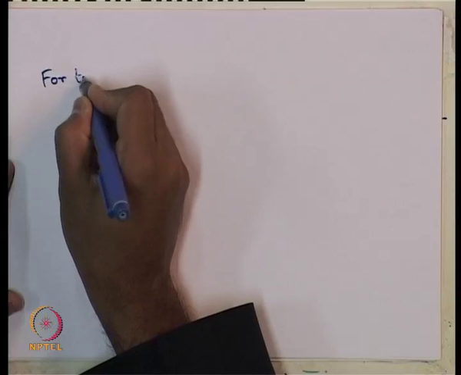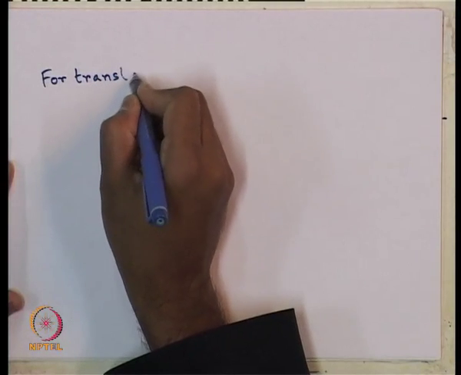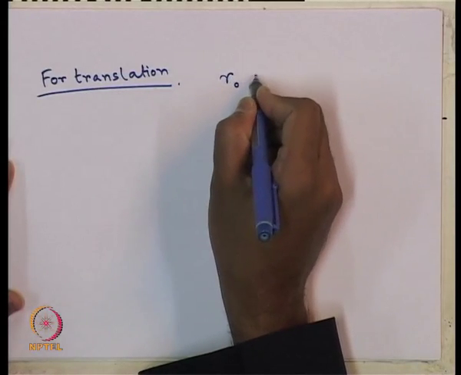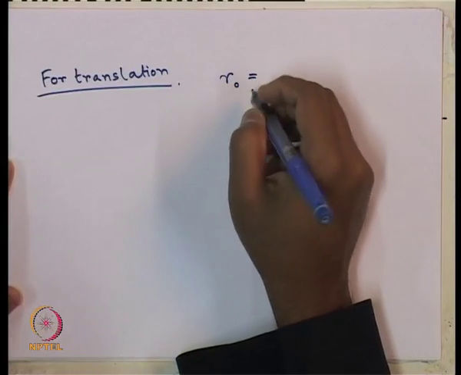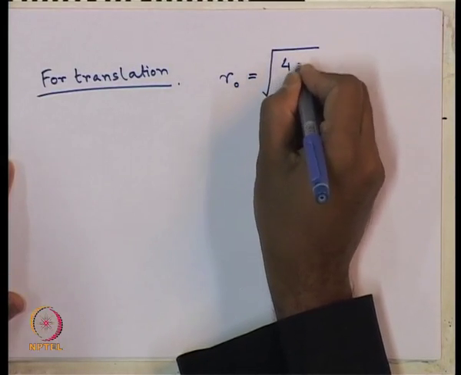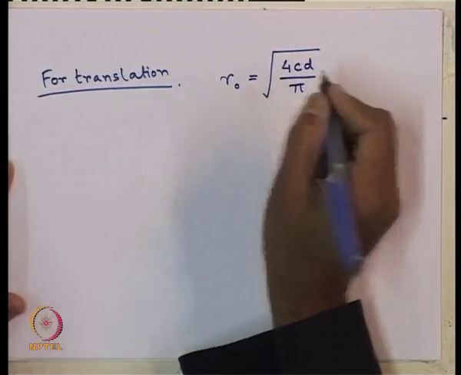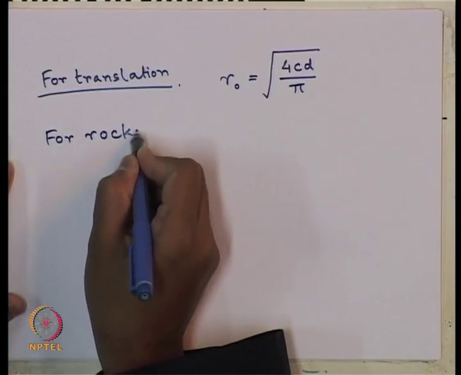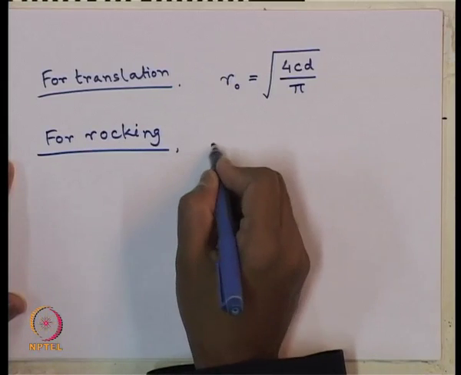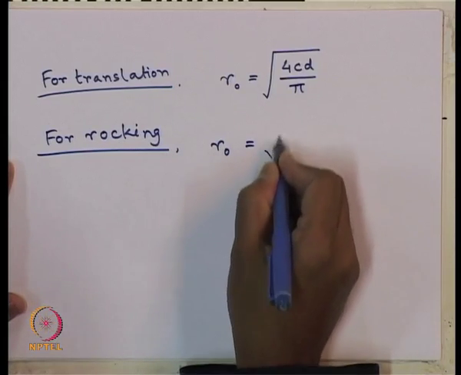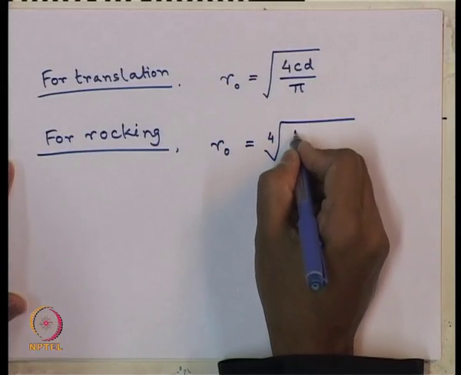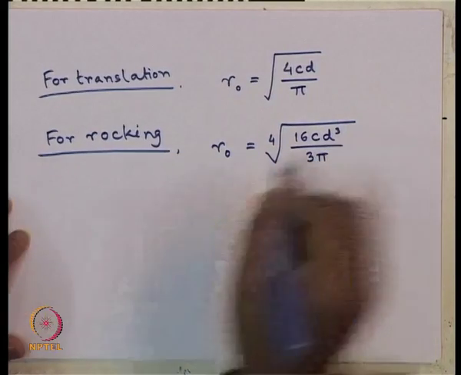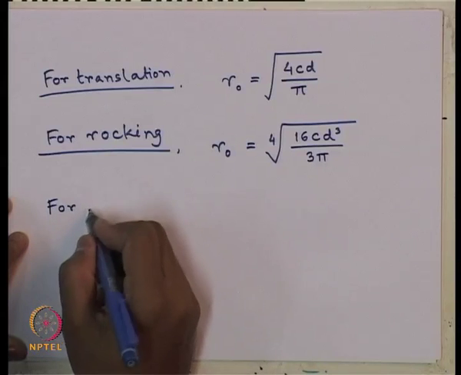For translation mode of vibration, r naught is calculated as root over 4 c d by pi. For rocking mode of vibration, R naught is calculated using this expression 4th root of 16 C d cube by 3 pi, and for yawing